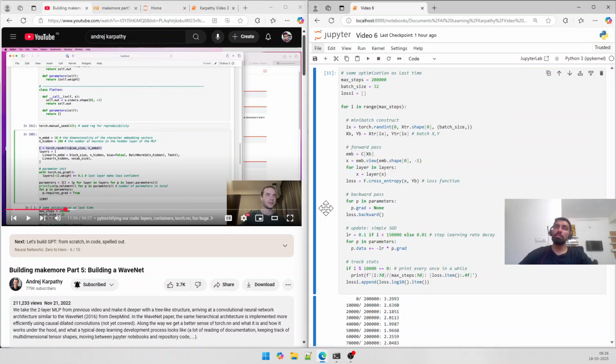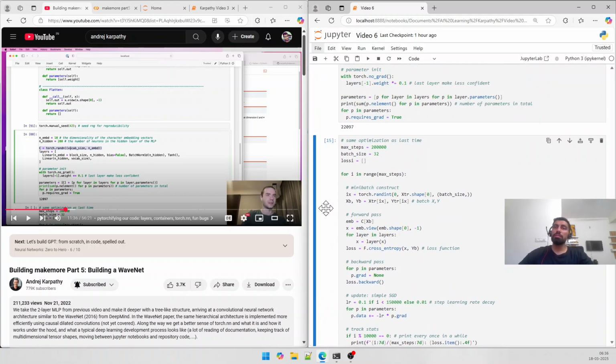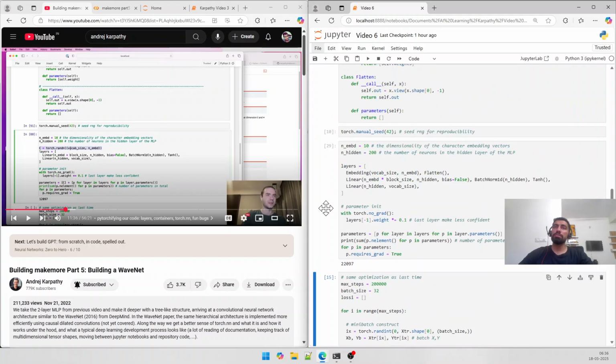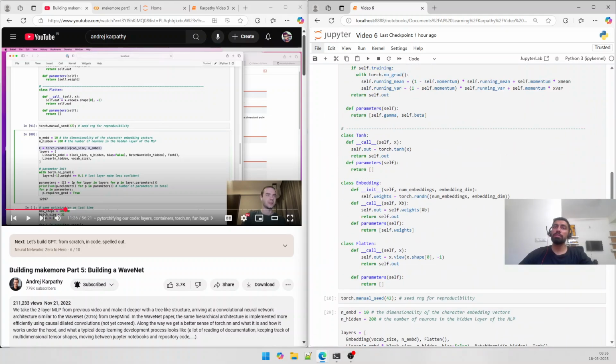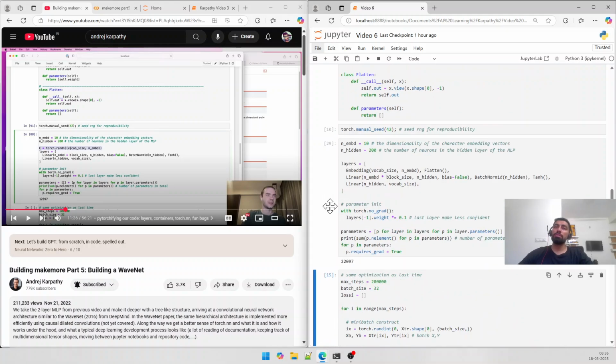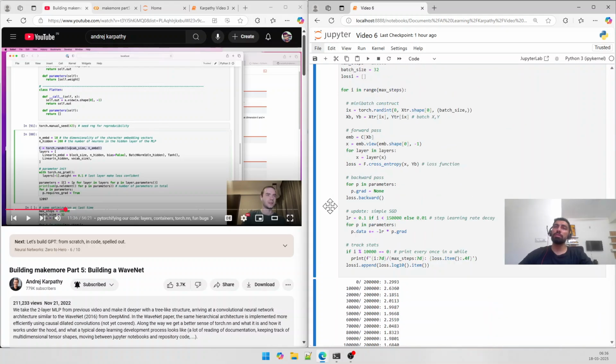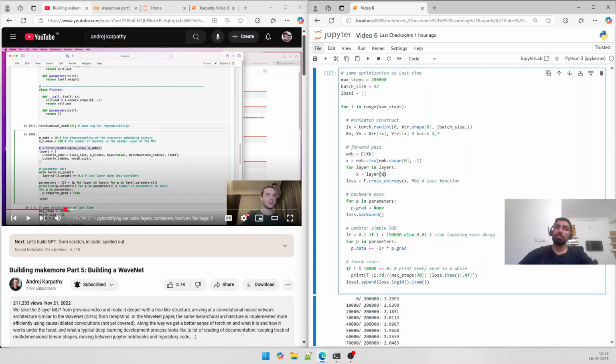Okay, and that's where, so first this gets called from the embedding, it pulls up those things, and then the flattening gets called. So it should be